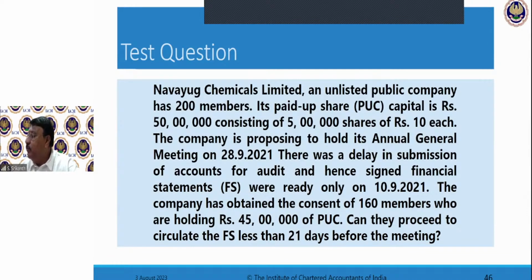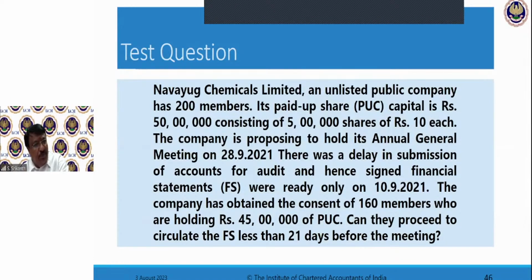You are correct, Subhamji. They have to postpone the AGM until beyond 21 days from the date of dispatch now. That will again go through the process of giving notice and things like that. They should clearly mention that or what they can do is, instead of fresh notice, they can postpone the meeting. Later on, when you come to management and administration, we will talk about adjournment and postponement. What they can do is, they can postpone the meeting. The fixed date is 28/9. They can postpone it so as to give sufficient time before the meeting. They can do that. Yes, they can.